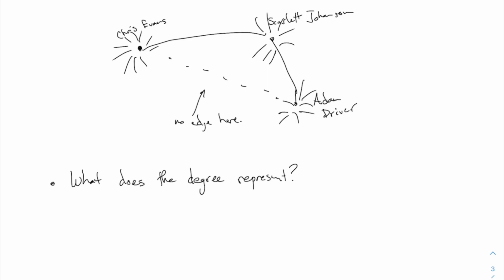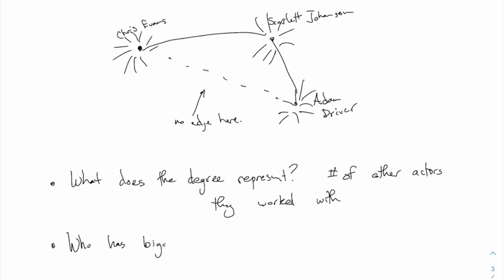Yeah, this is what I would have said. The degree would be how many other actors they've been in a movie with, right? So this is the number of other actors they worked with. They appeared in a film with, right? So I could ask you, for example, who has the bigger degree? How about, say, Tom Hanks or